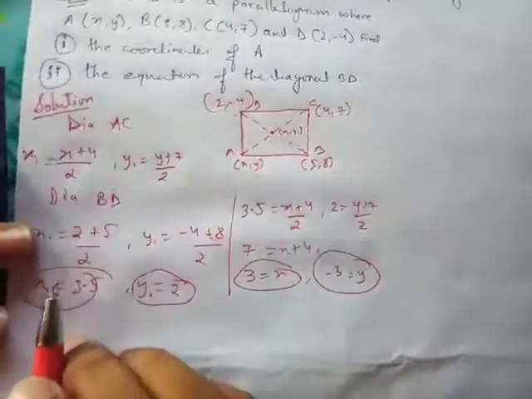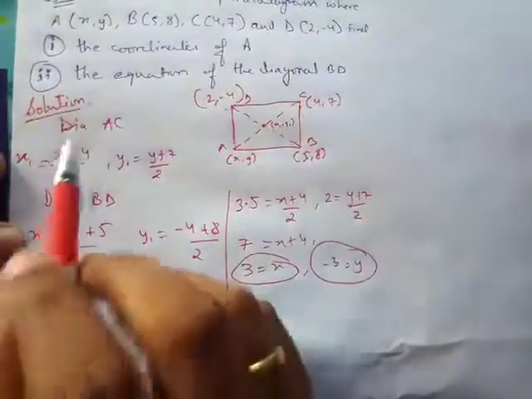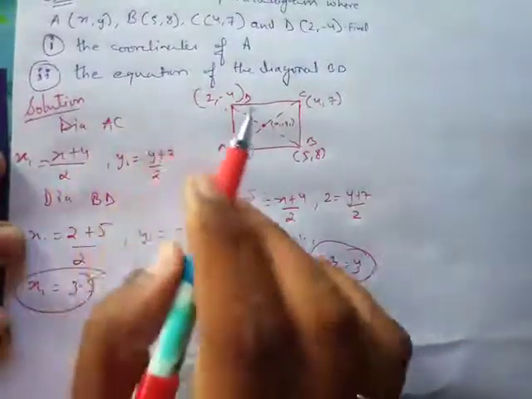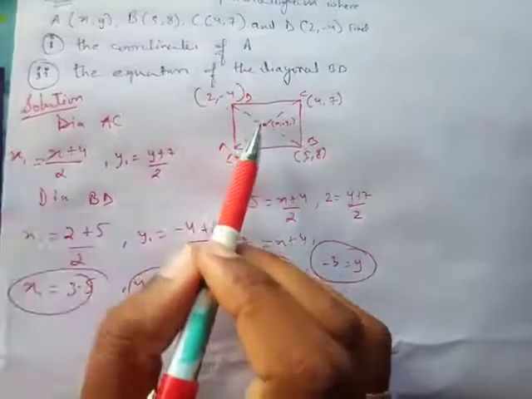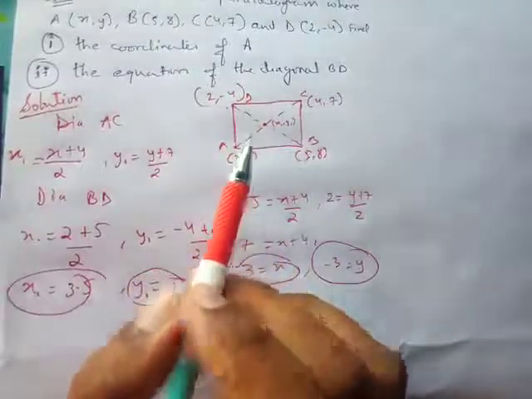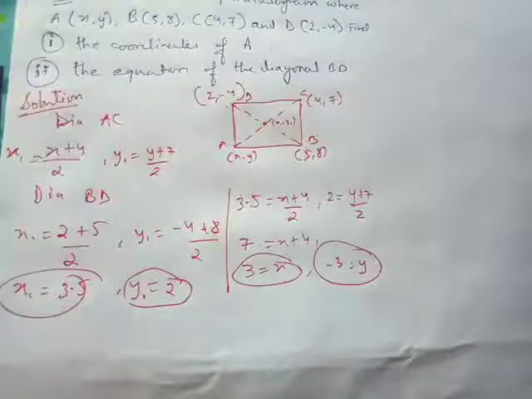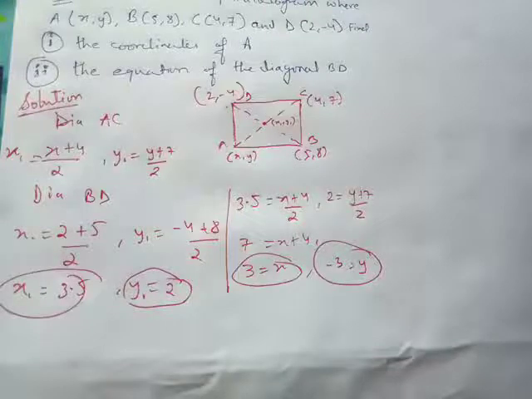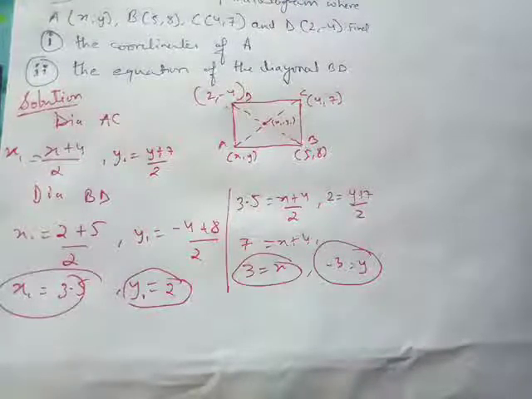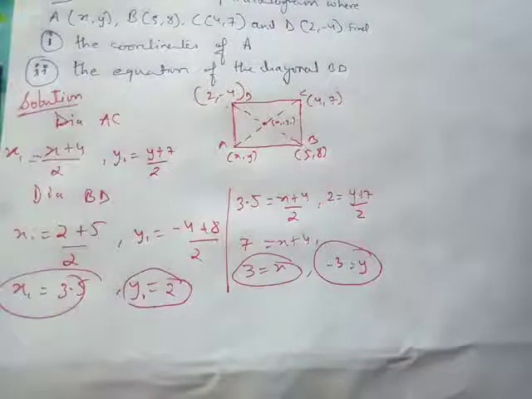But there is a second part that I also have to focus on. The second part says the equation of the diagonal BD. Where is diagonal BD? This is the diagonal BD. Now in this I have to find the equation of BD. You guys know when two points are given, which equation can I use? Tell me, which equation can I use? Everyone knows that, right? We have been discussing that earlier also, that whenever two points are given, I have to use which point?